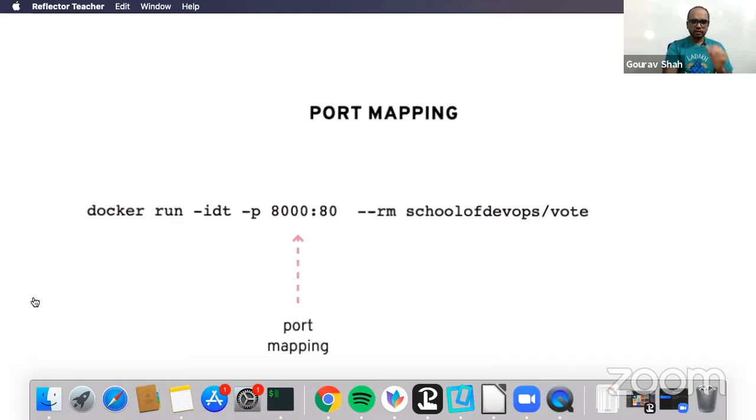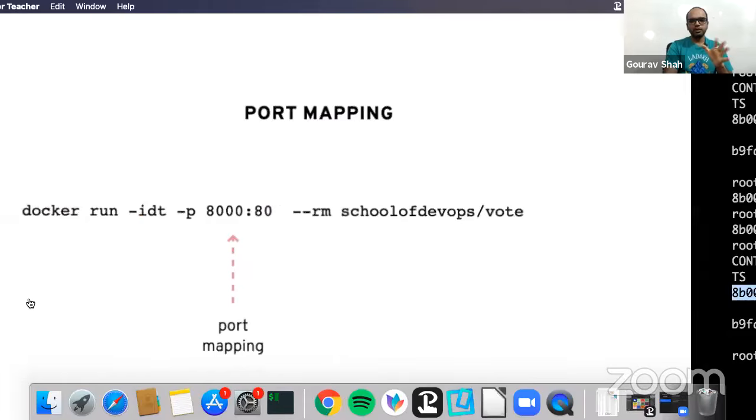So next concept is about port mapping. And this time, so far we've been using this mock application. This time I'm going to use